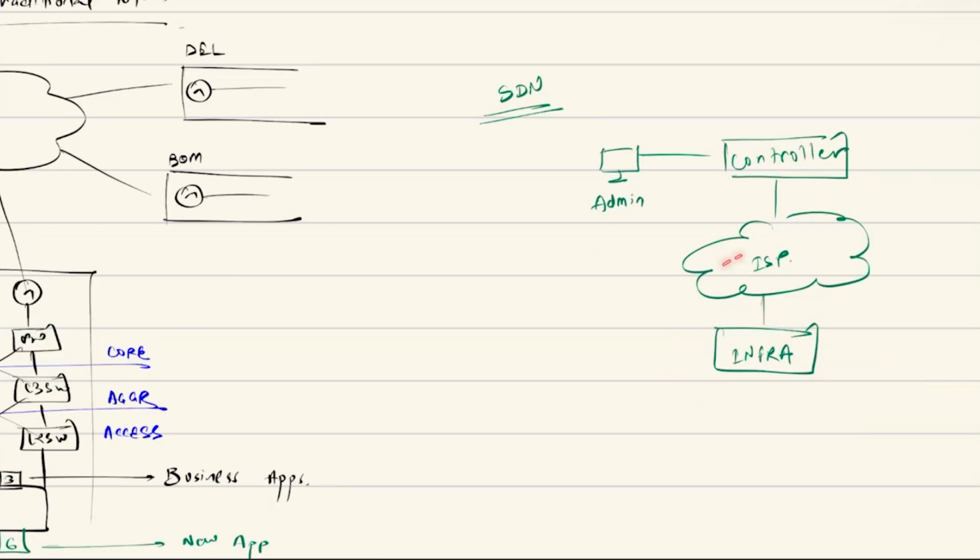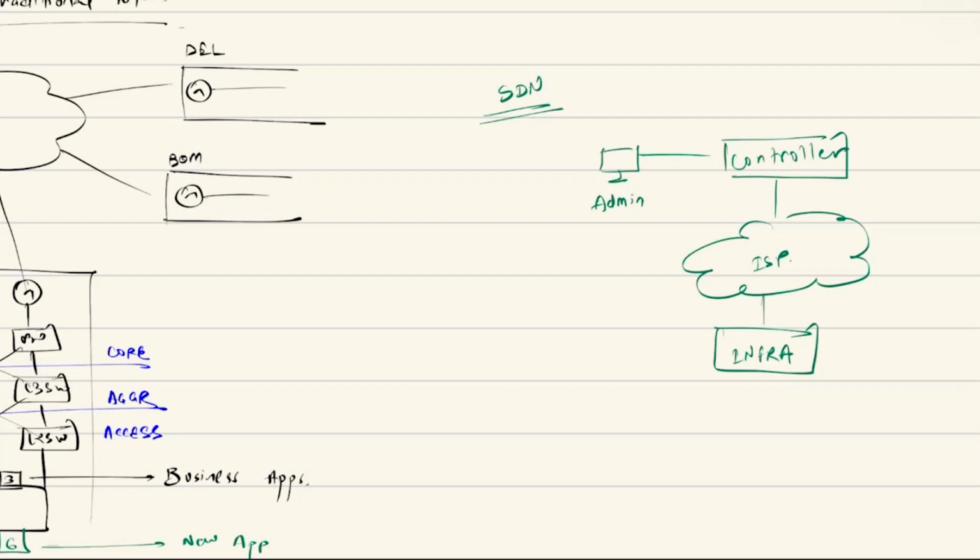And the management plane, control plane, and all that can be centralized. And that is a huge revolution, a huge change in the way networks of any scale were being managed earlier. And it has changed now. It is a different way of how you manage the configuration.